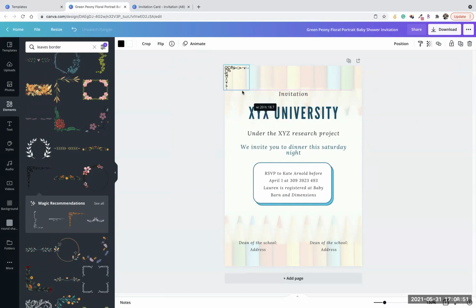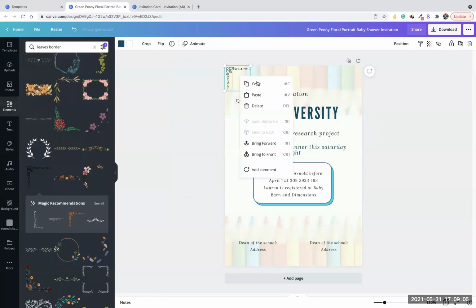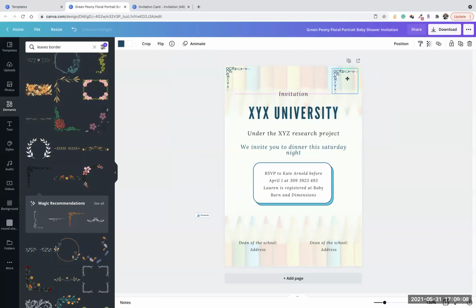Again, just gonna make this small and maybe make this a document color. What's document color? It actually detects the colors on your page and it will give you them over here instead of your color palettes. Again, you copy paste this all over, flip it. You can also just copy paste to the bottom. Again, flip it. Go to the bottom and copy and then paste,